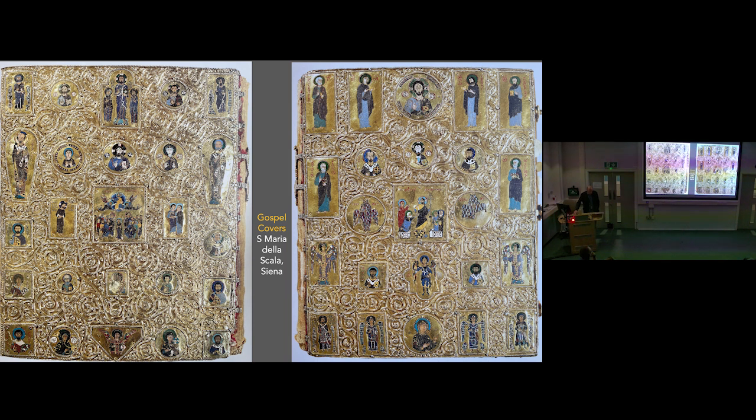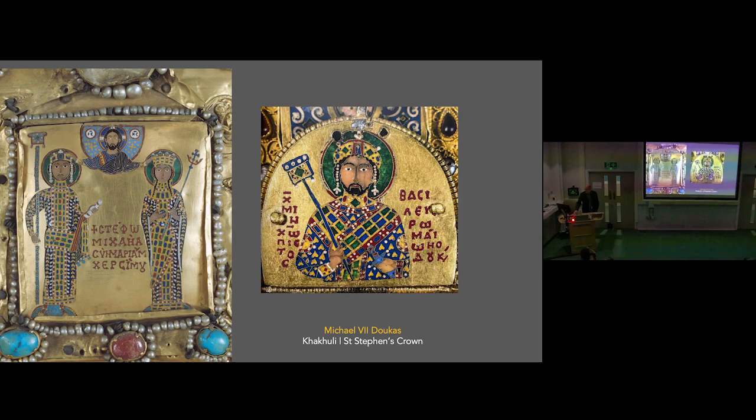And with that, I want to just turn to one final question about the nature of these as workshop commissions, which has particularly bedeviled the study of the enamels on the Khakhuli Triptych. And that's about a judgment of how do you judge the quality of an enamel. So Klaus Wessel's 1966 book